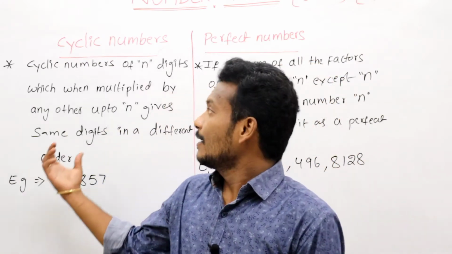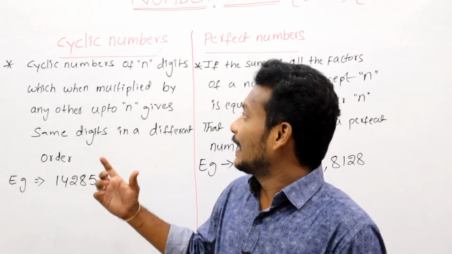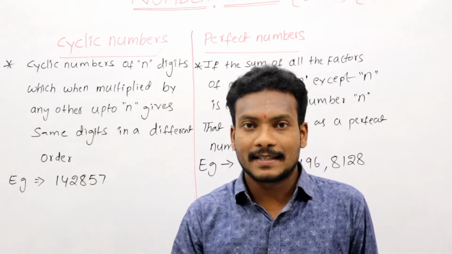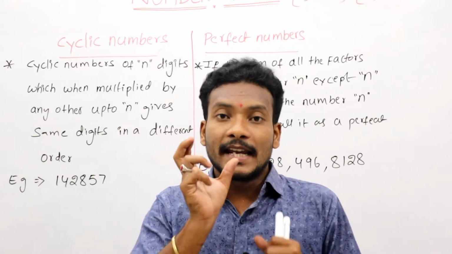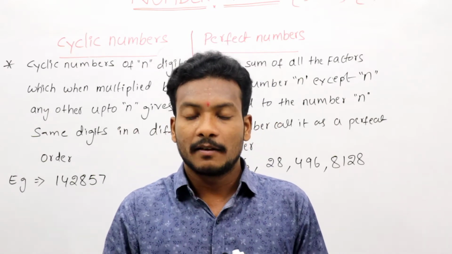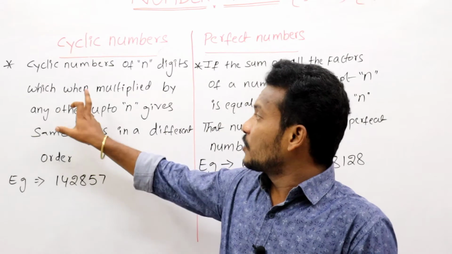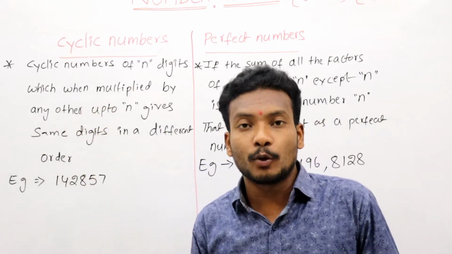Now first of all, cyclic number. A cyclic number of n digits is a number that consists of n digits, which when multiplied by any number up to n...